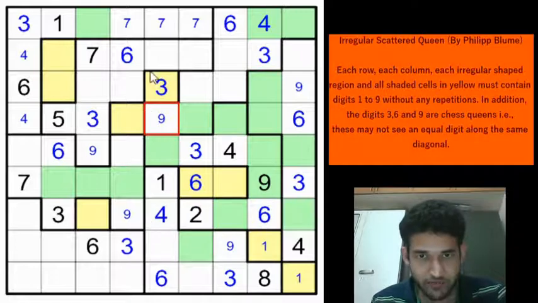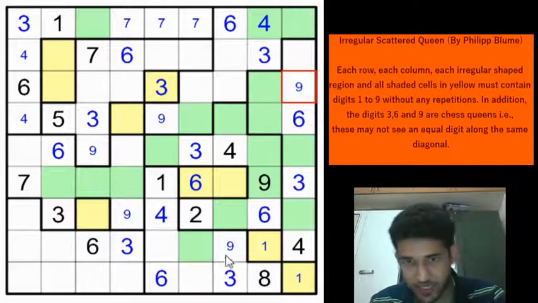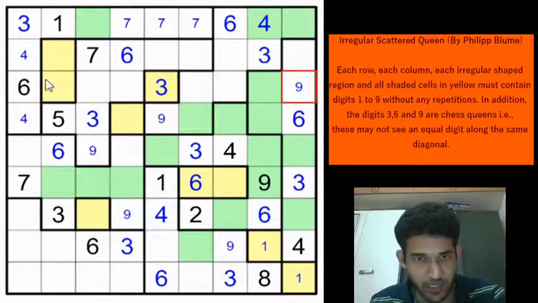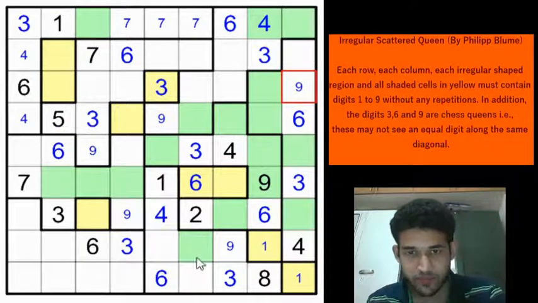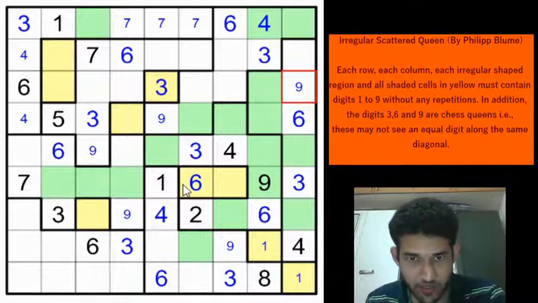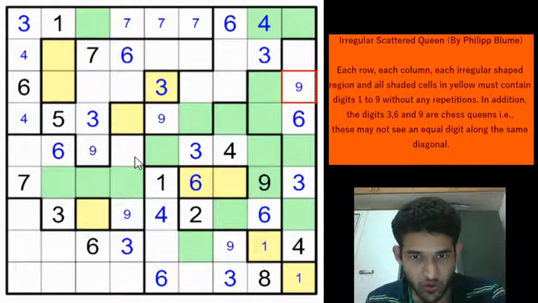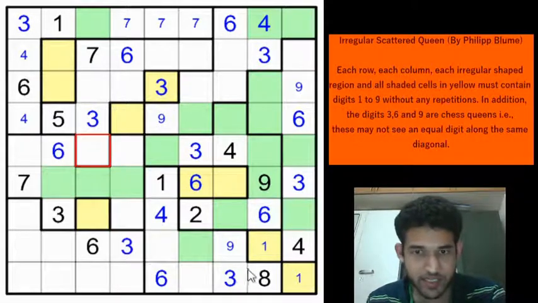Any 9 is clashing? So far 9, right? Okay, let us see if any 9, this 9 is not repeating in any of the diagonal direction, and this 9 is also not repeating in any of the diagonal direction, right? Okay, this is not giving us much information. So let's retrace our steps back to see if we can have a better step.